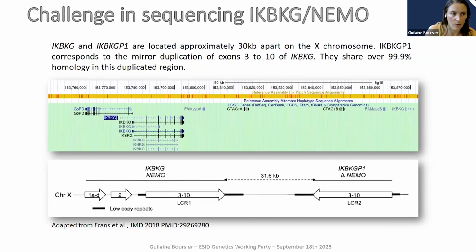So you see here the EKBKG canonical transcript, and here the mirror duplication of exons 3 to 10 of EKBKG under the EKBKG pseudogene 1. This mirroring